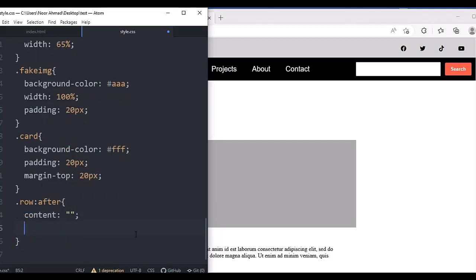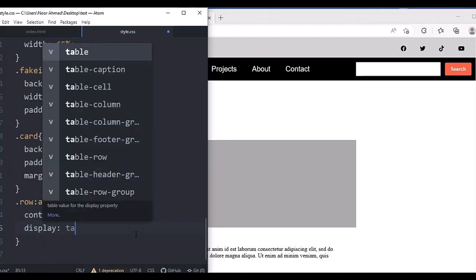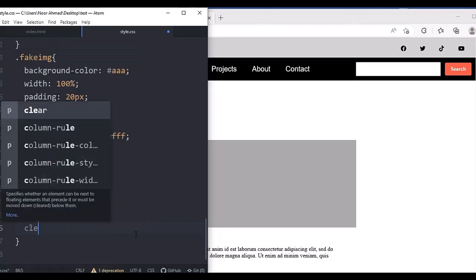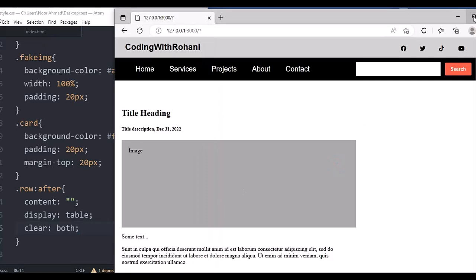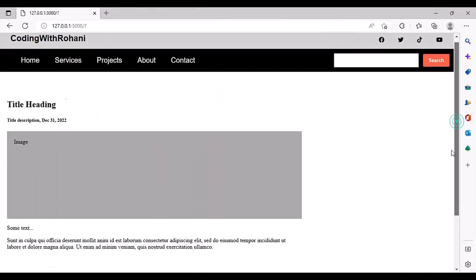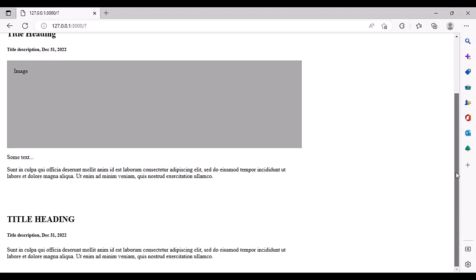The content will be empty and display this table, and clear both. Here we go. And after this, what I'm going to do, so first let me check this. So as you can see, our both section is completely done,